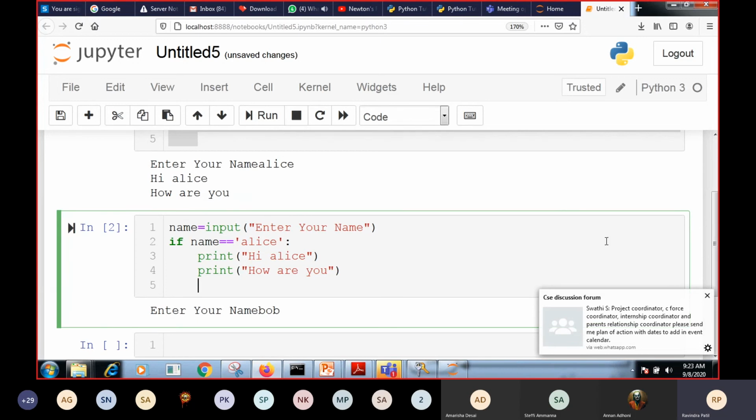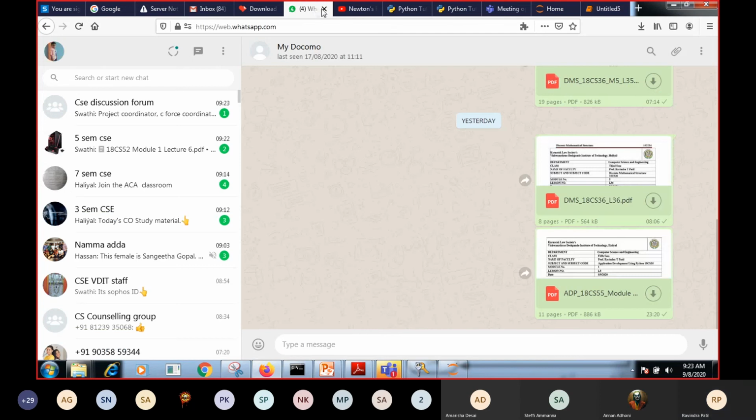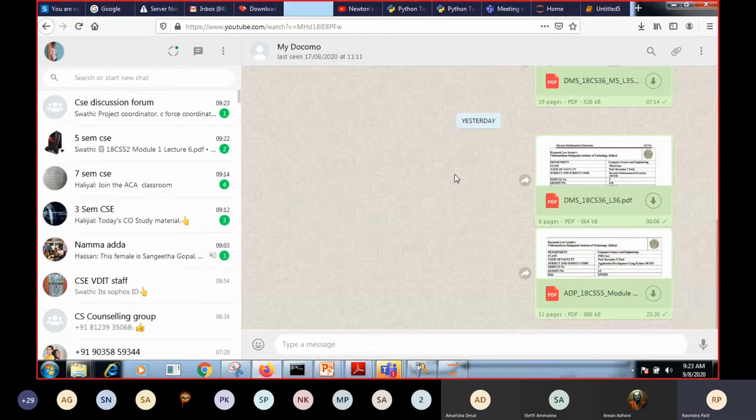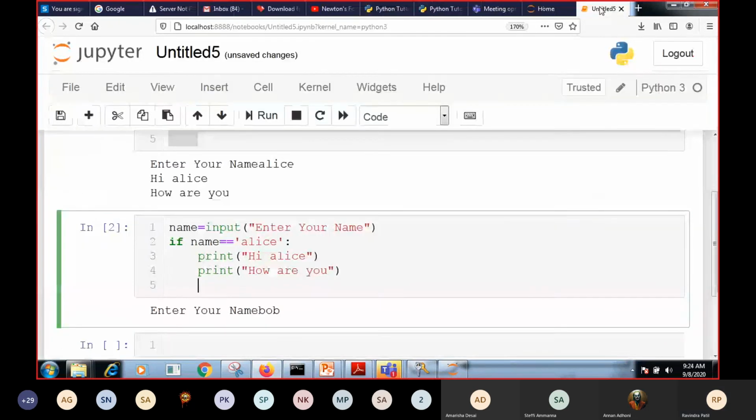As it is auto indented, the next statement will start from here only, but we don't want the next statement to start from here. In that case, we hit backspace. Once we hit backspace, it will start from the beginning again. So in the beginning we are going to type else.